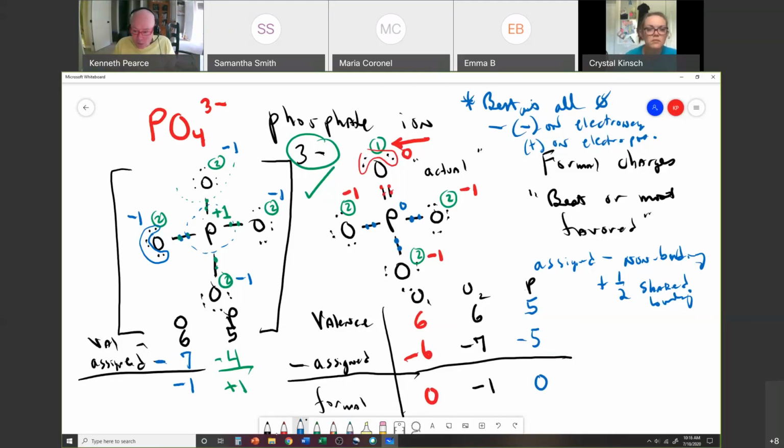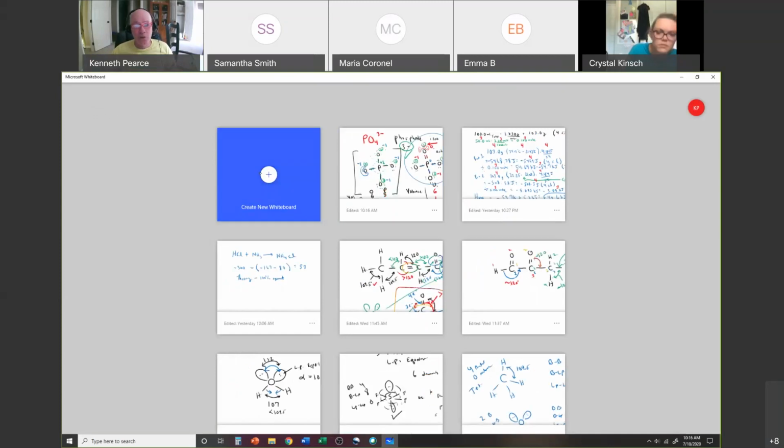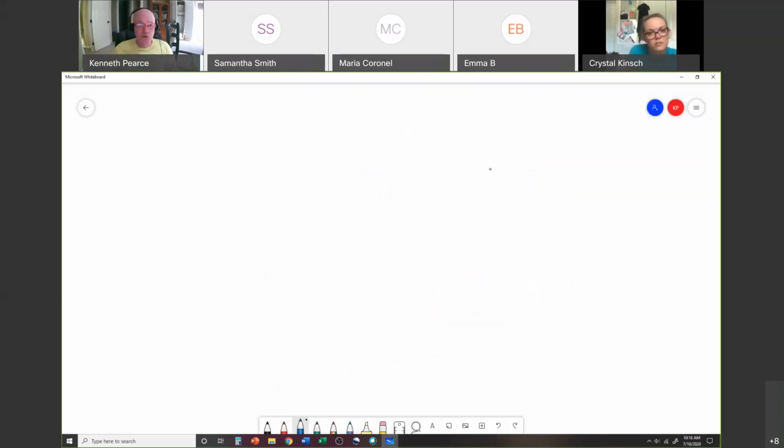Do y'all see that? You see what I'm saying here? This is how we can tell the difference between the two. Okay, so this is the most favored of the forms. That doesn't mean the one on the left-hand side doesn't exist. It just means that the one on the right-hand side is by far more favored. Okay, and if we go through the same process with some other things, such as NO3 minus, for instance,